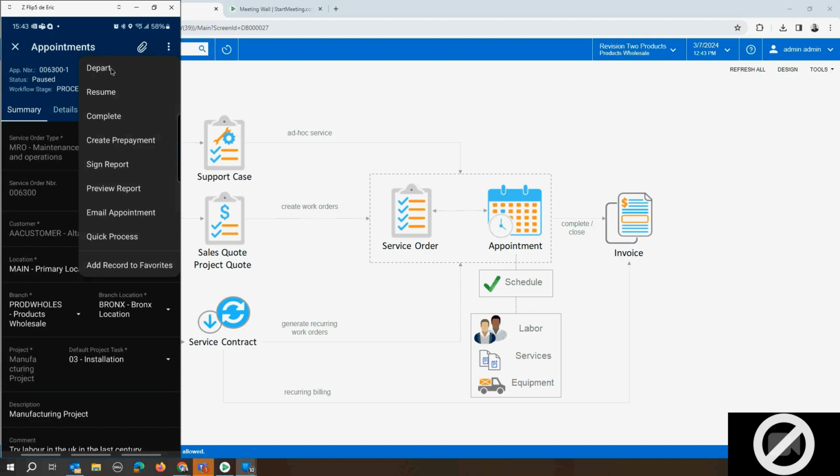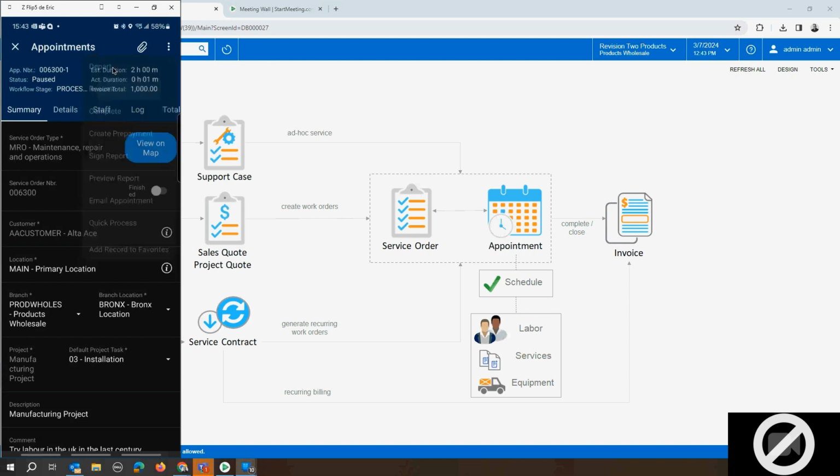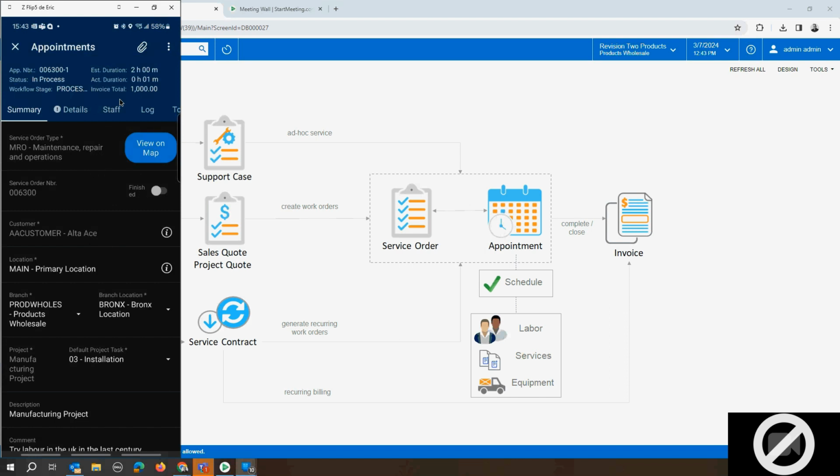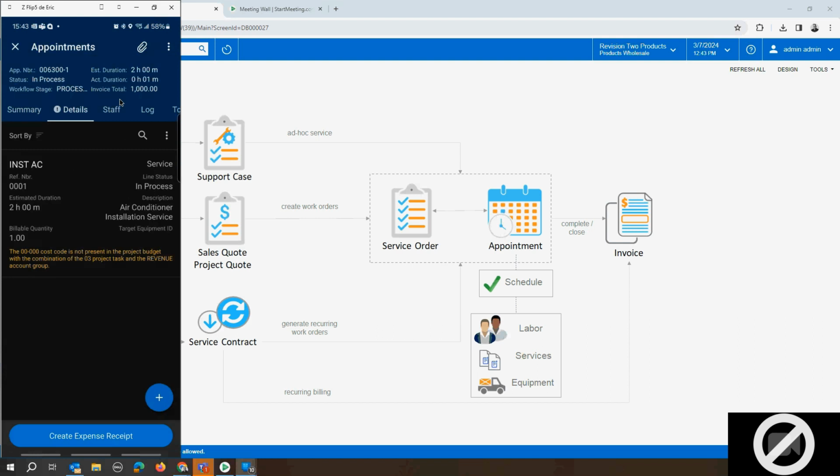At least it will fill out my time card with that item, if need be. I can also start the appointment, which has already been started before this presentation. So I will resume this appointment, and I can also pause, complete, and so on. Once I start my appointment, now it has been started, then at the detail section, I've got different things, such